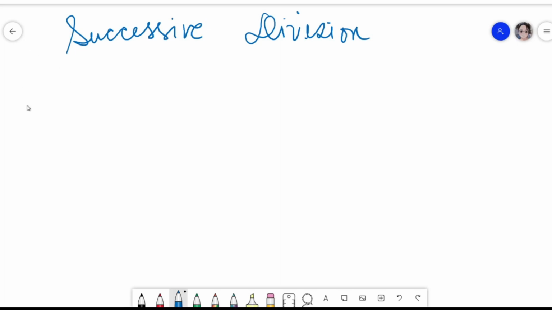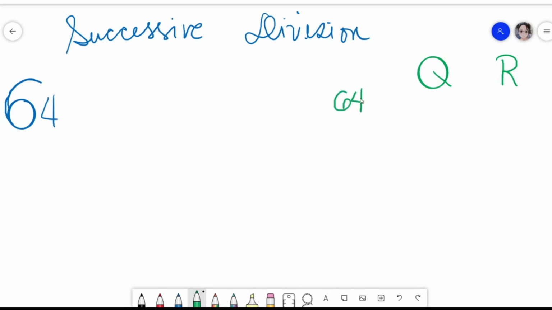Okay? So now the value is 64, right? In successive division, all you need to do is like this. You're going to draw a table. So this is your quotient, and this is your remainder. This is your value or the given, 64. Okay? Then we divide by 2. So 64 divided by 2 is